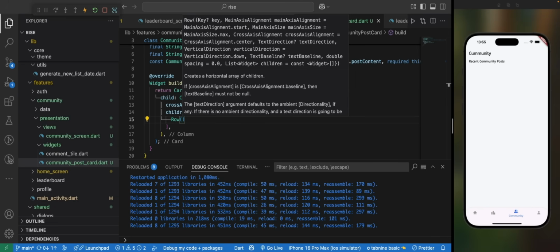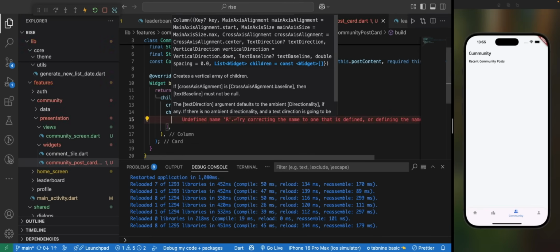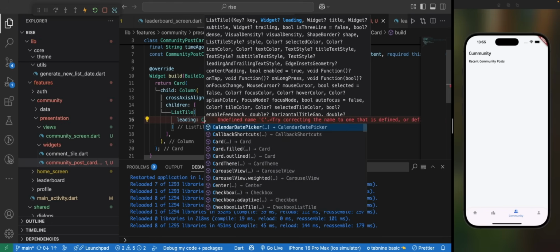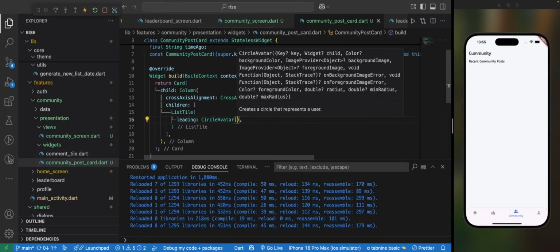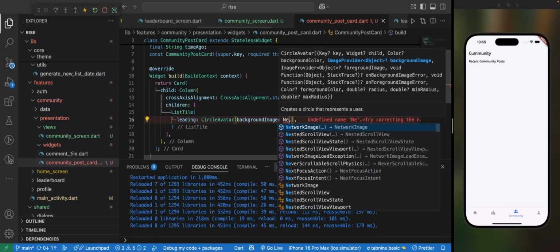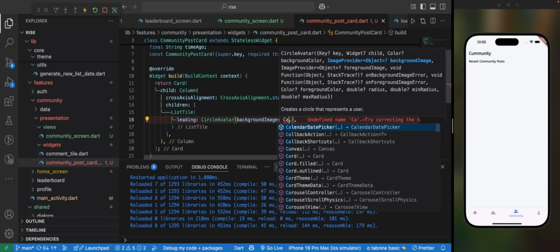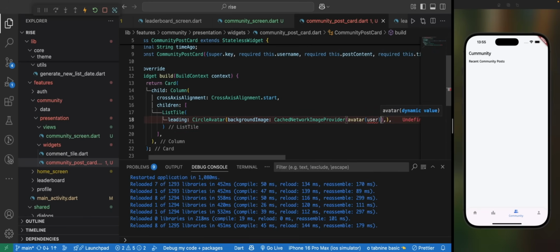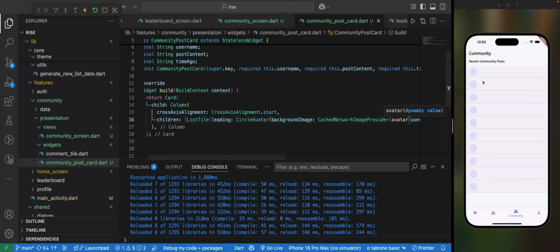I think to make it better, it's better we use a ListTile. A ListTile should work for something like this. Here we have the leading, which is going to be the CircleAvatar. And then the background image, let's say CachedNetworkImageProvider, avatar, then we'll pass the username. Like so. Nice. You can see how everything is now showing, but I don't like that there is no padding